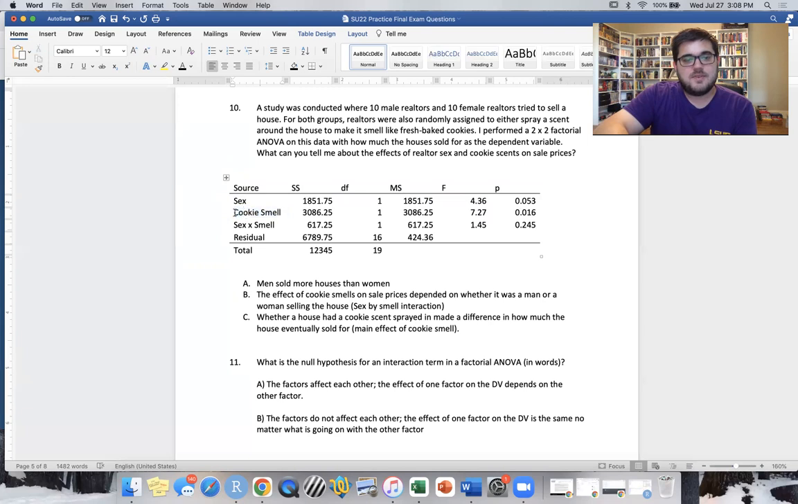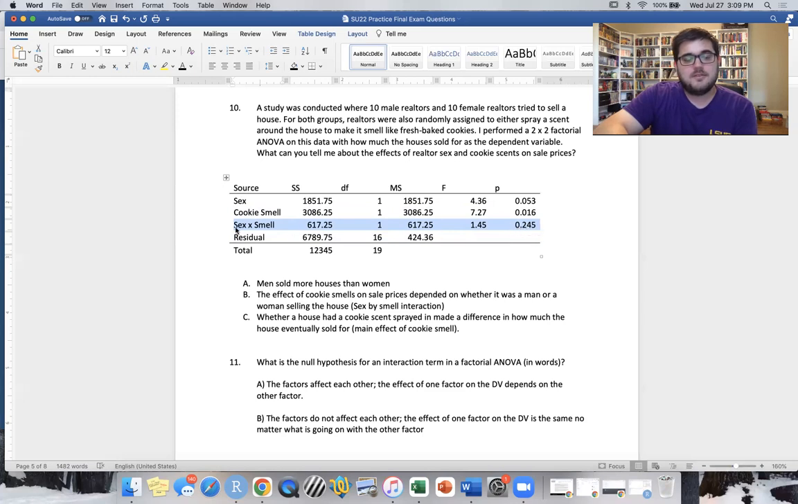Since this is an ANOVA table and I have given no sample means or anything like that, you don't know which direction the effect was in. I'd like to imagine if your house smells like cookies that people will want to pay more money for it, but I don't know. And then the interaction, if this were statistically significant, it's not, because P is equal to